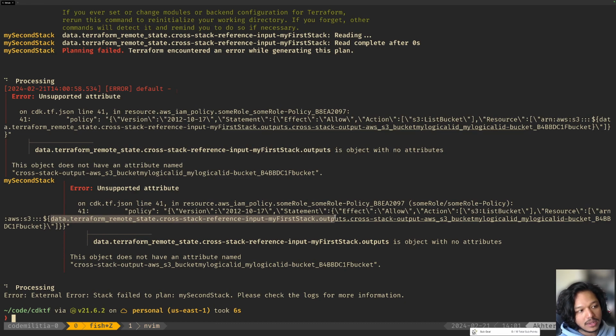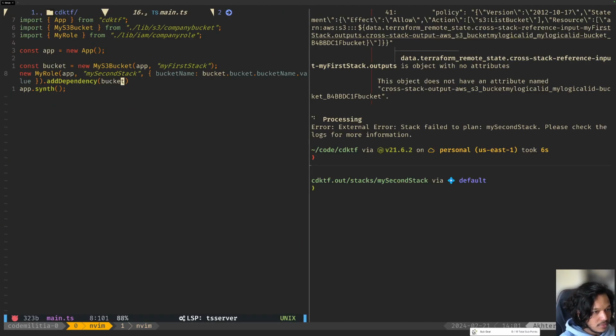So this is the data Terraform remote state that you would use in Terraform to say, go get this value from that other Terraform remote state. But that state doesn't exist at all, right? That bucket has not yet been deployed, and so you need a placeholder value here, but there's no concept of a placeholder value. So if I were to deploy this, if I were to deploy my first stack, for example,